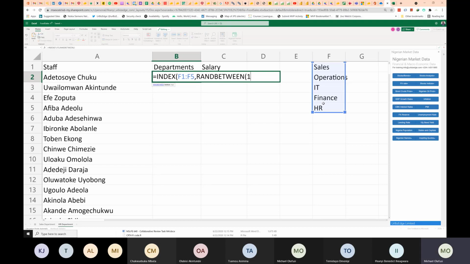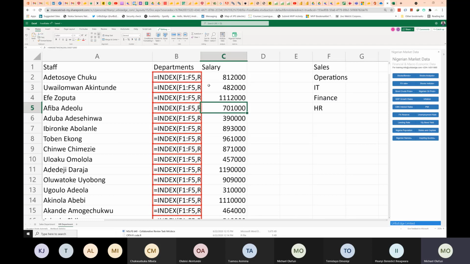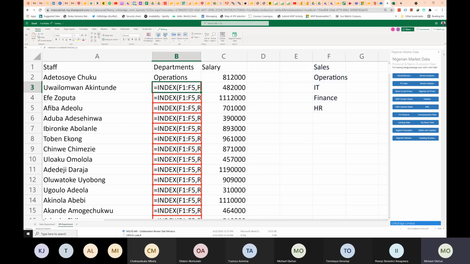I think there are 5 of them. So, I don't know why that is hanging. But anyway, I'm going to drag it. Oh, I forgot to close one more bracket.